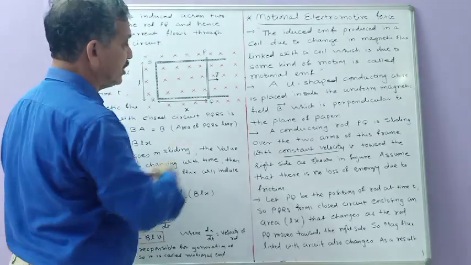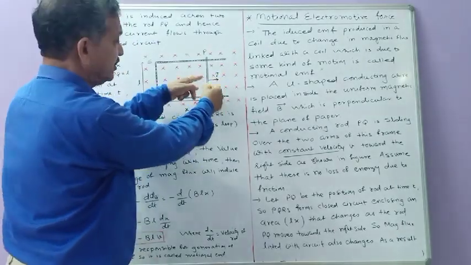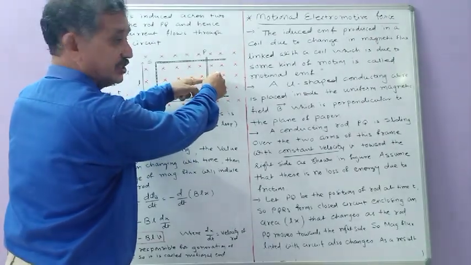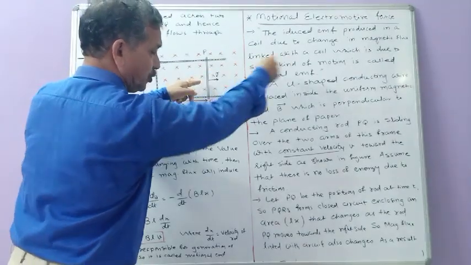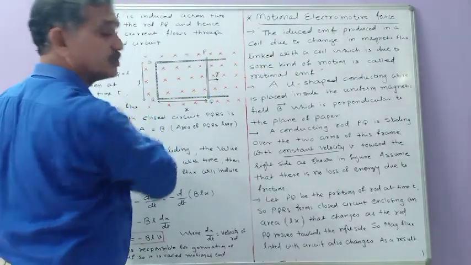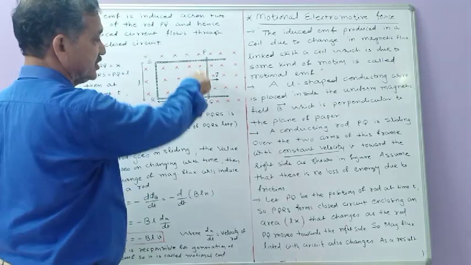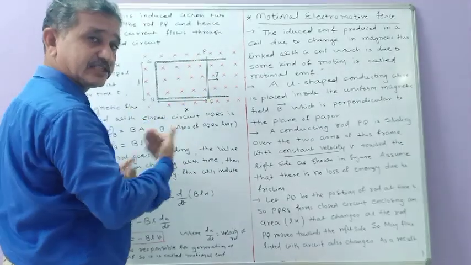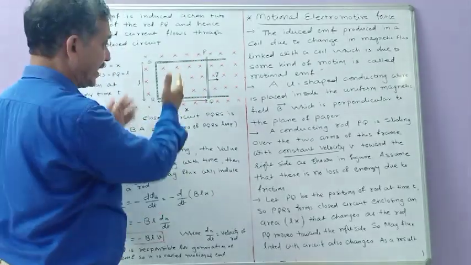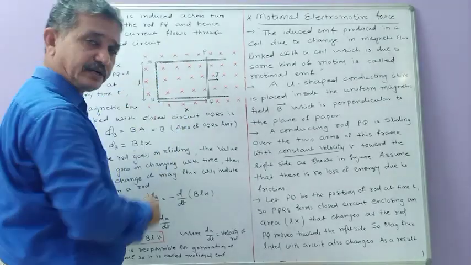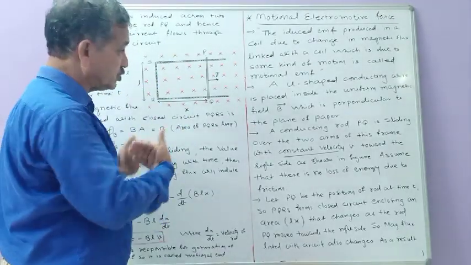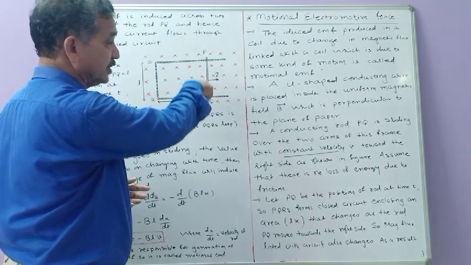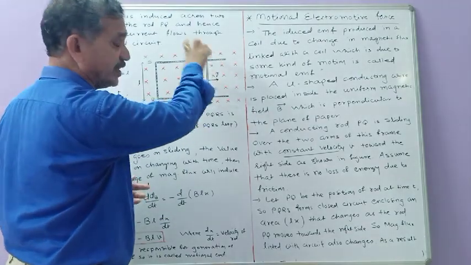In order to slide, you just consider a string that is tied with this rod, and it should be allowed to be pulled towards the right side or towards the left side. Accordingly, this rod PQ is sliding, and as the rod PQ slides, the magnetic flux linked with this closed circuit goes on changing. Due to the motion of the rod, between two ends of the rod